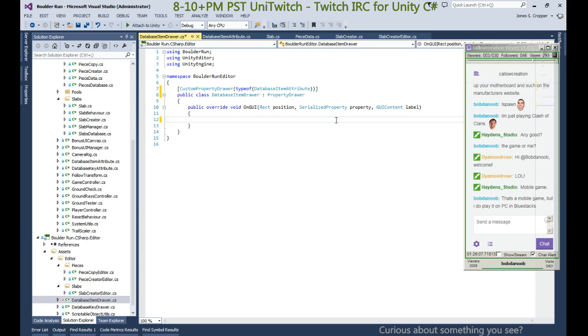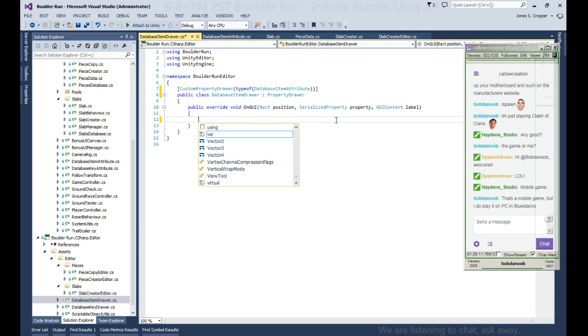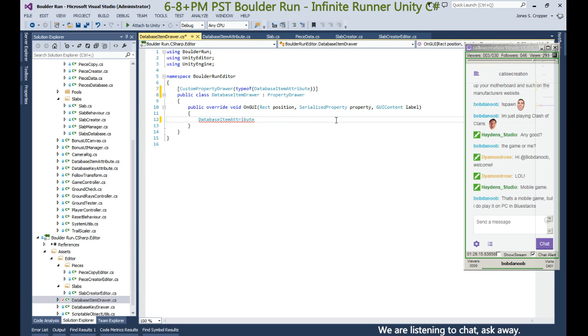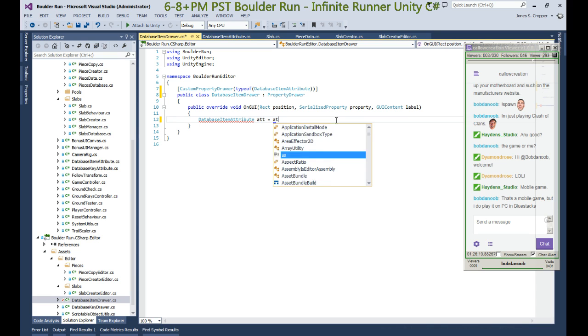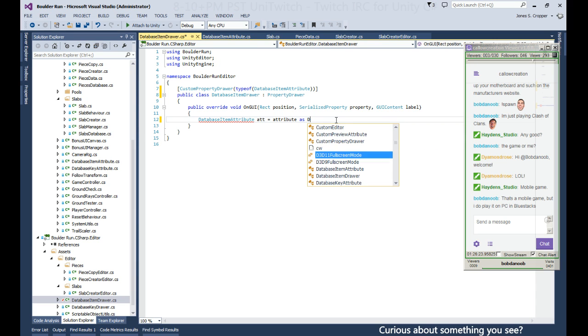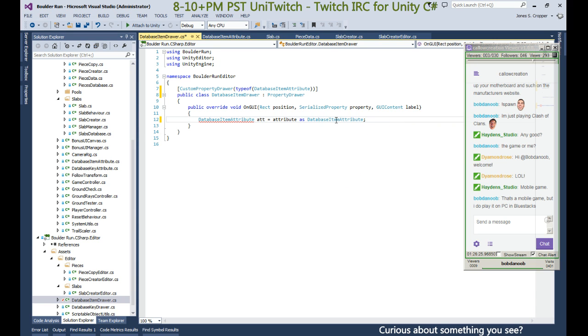Alright, so I should just do this right. Database item attribute. So now that'll convert the attribute that's coming into our attribute, and